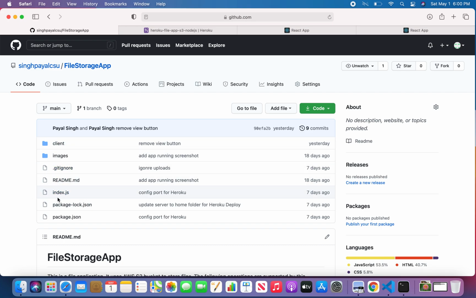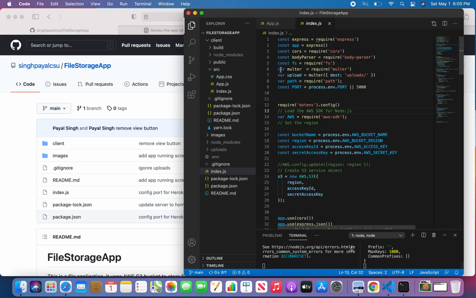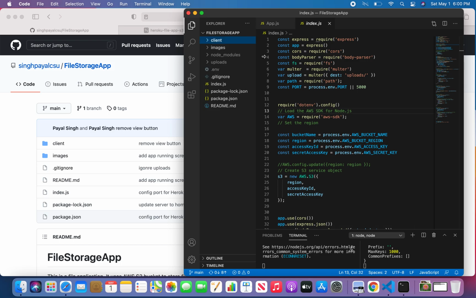To resolve that, I let the client folder stay as it is, and for the server part, whatever the contents of the server were, I took them and pasted them in the home directory itself. In my code you can see in the file, this is the client part, and these are the server part.